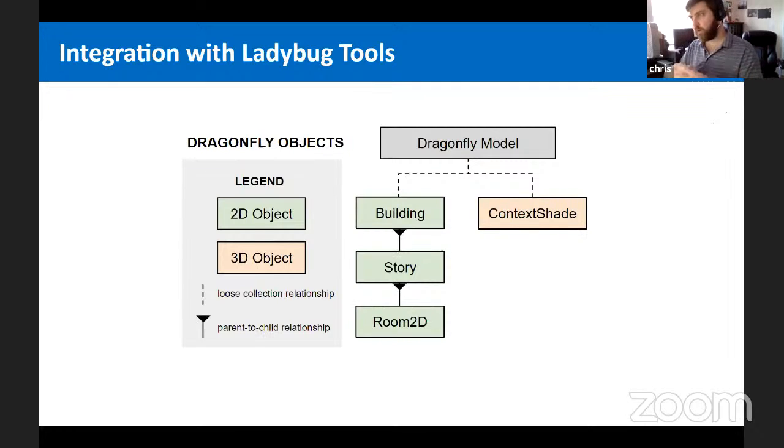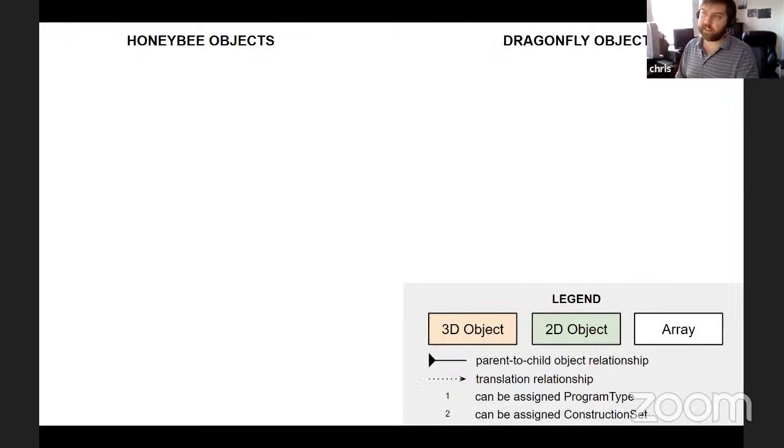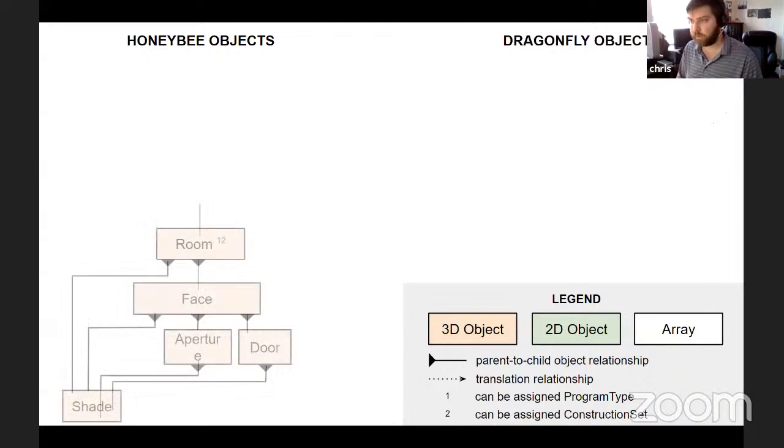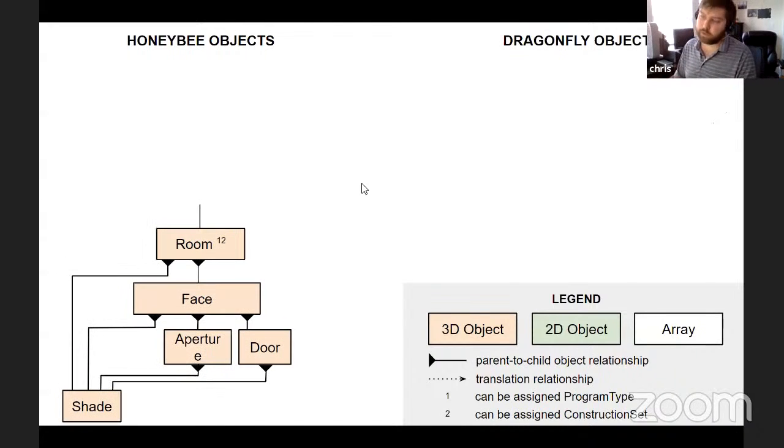And just to give you a sense of what's really happening in the underlying part of the process when everything gets exported into that URBANopt compatible GeoJSON and the OpenStudio EnergyPlus models, everything is actually getting mapped into a Honeybee format, which is a full 3D representation of the building geometry. But the coarsest object of Honeybee is just the room.